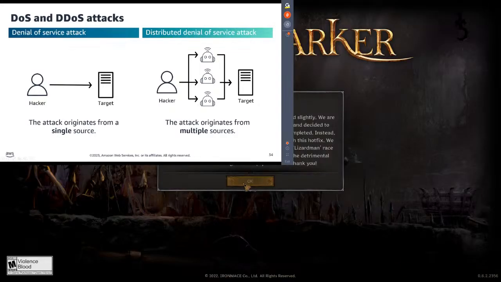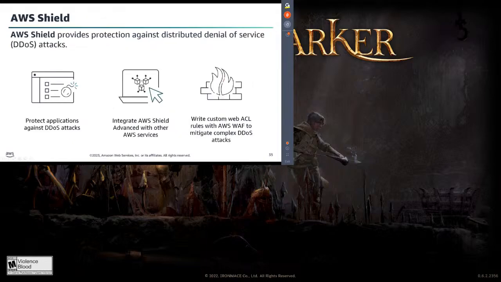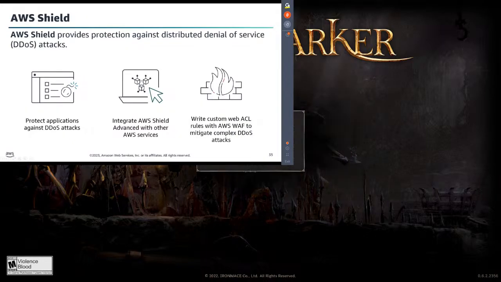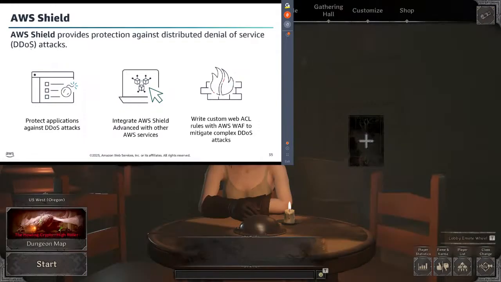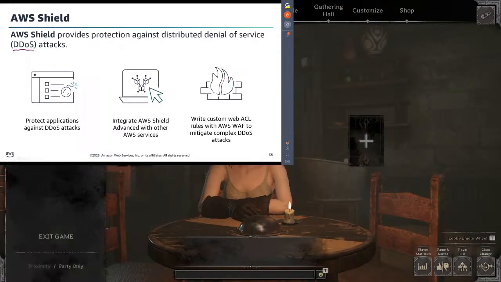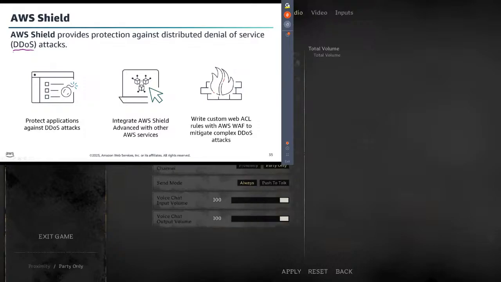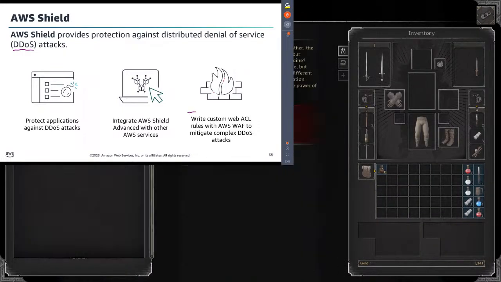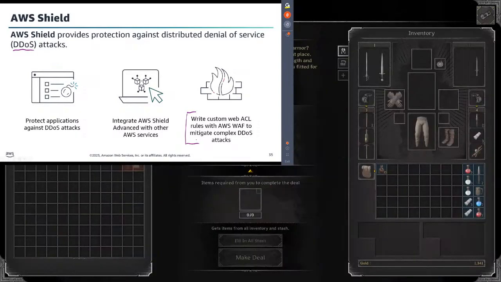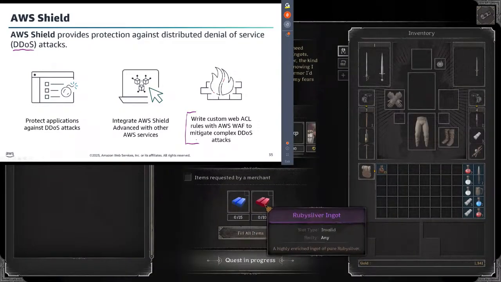We have tools, we have WAF. We also have a free tool called Shield. Shield can protect us against distributed denial of service attacks. That's what a DDoS attack is. Volume goes up and down, and we can use Shield Standard for free. Shield Advanced gives us more sophisticated protection. We can write our own custom web ACL rules, access control list like the